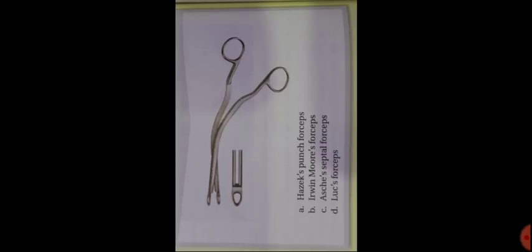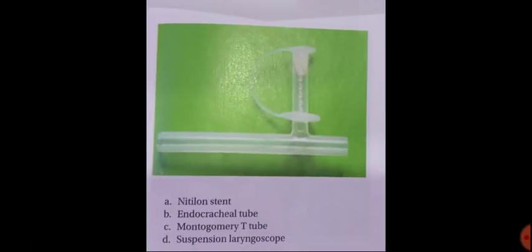Now can you name this instrument? Identify the instrument shown in the figure. Yes, it is Luc's forceps, used for a variety of indications like to remove mucosa, to take a biopsy, to take polyps, which used to happen before, called polypectomy, and in different operations like SMR to remove the cartilage and others. So that was the Luc's forceps.